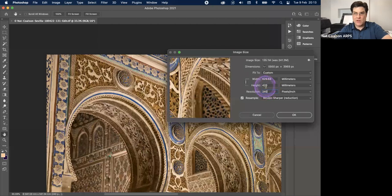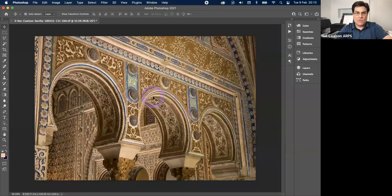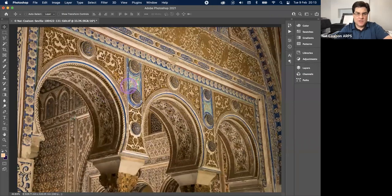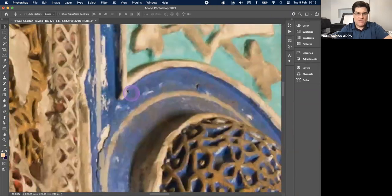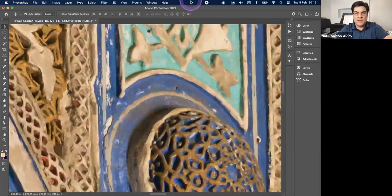Now this would come out as a borderless because it's right to the exact edge of an A3 sheet. Okay, so if I click OK, I've now resampled the image to the exact size that I want it printed. But before I would print it, then I would also